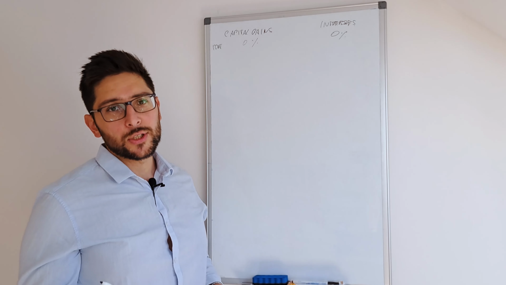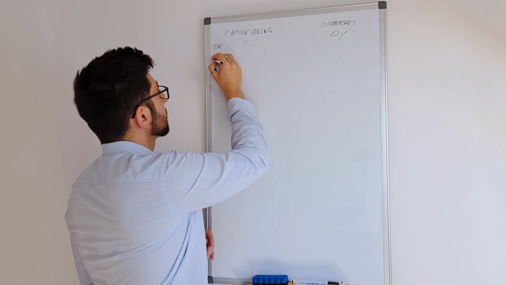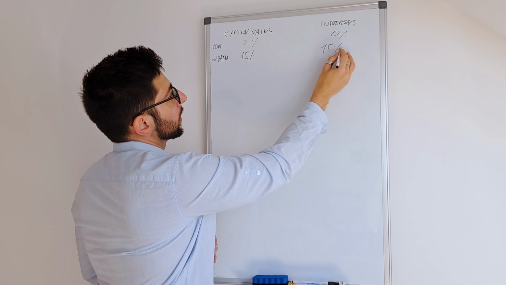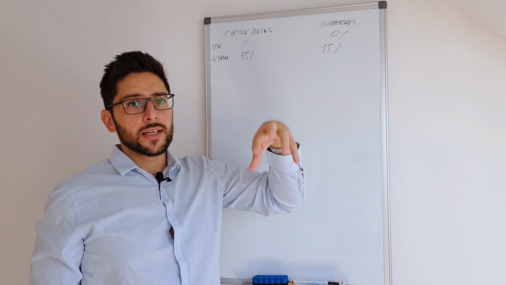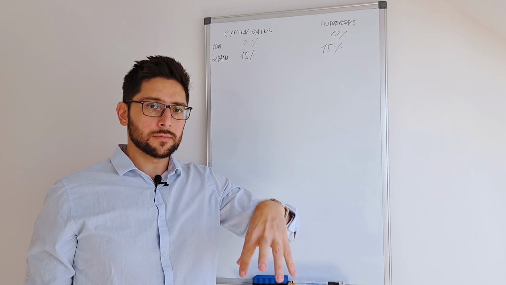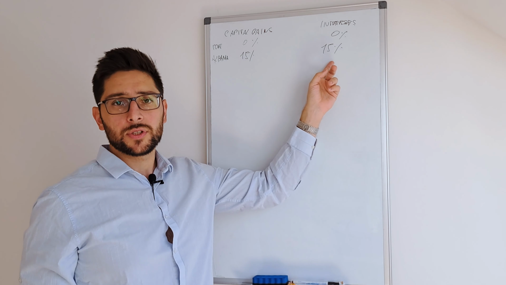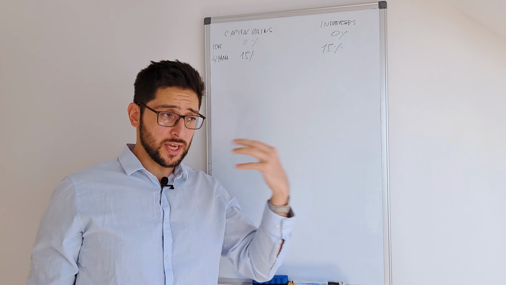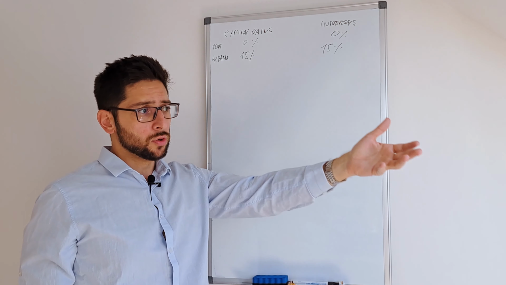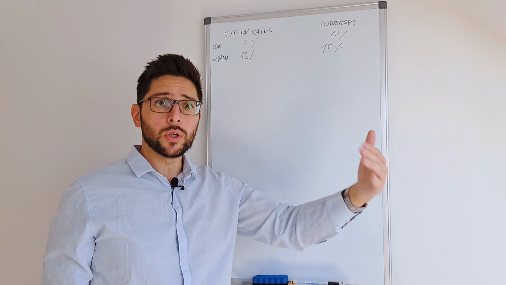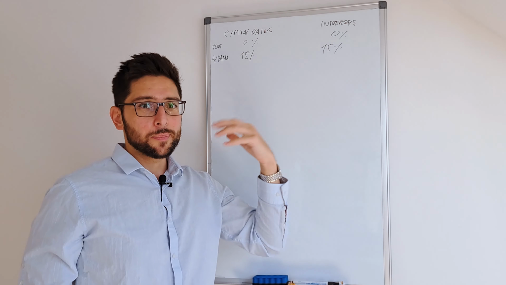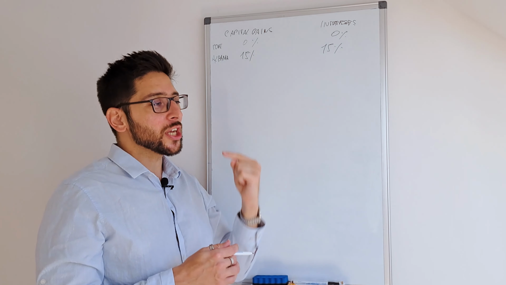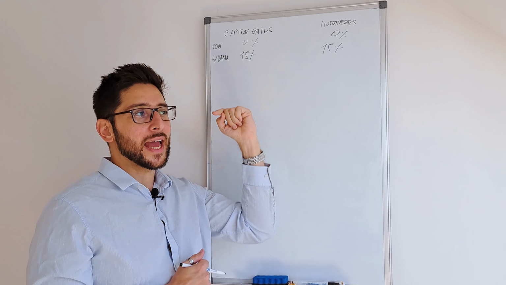Now, what is the other jurisdiction that we cover here in ESENtaxa? It's Albania. Albania has a 15% tax on capital gains and 15% tax on interest. If you are investing in Albania and receiving capital gains or interest in Albania, you pay only 15%. But if you're receiving income from abroad, so the investment you have made is in another country, you might be subject, as I said before for Portugal, to some local withholding tax. Based on Albania and the country from which you're receiving interest or capital gains, you have to check how much this withholding tax is and check whether the convention to avoid double taxation between Albania and this country